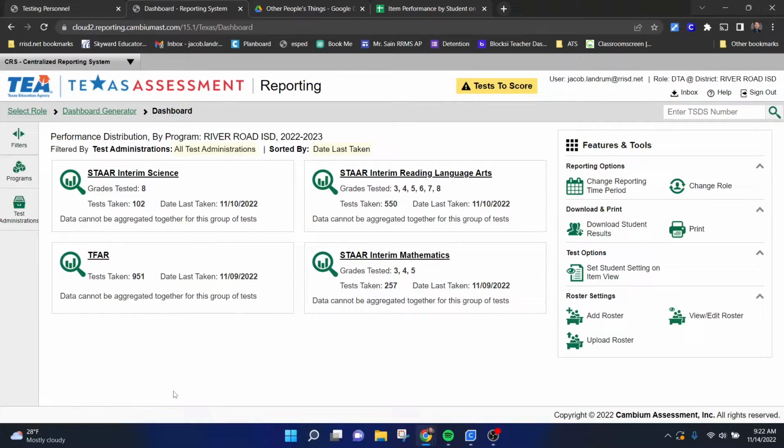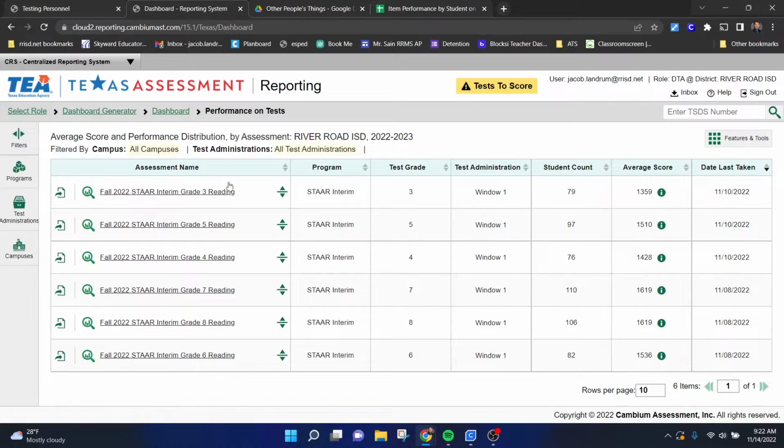Now I'm on a district account, so I can see a lot more than possibly you can see, and that's fine, but just so that you know. So let's start by looking at an interim report. If I choose, for example, interim reading, it's going to give me every grade, and then if I choose, say, this one here,